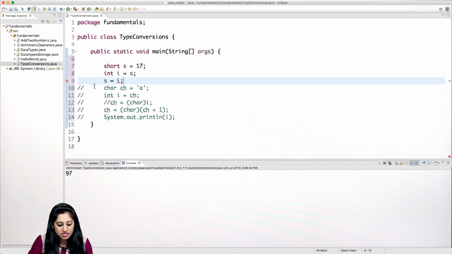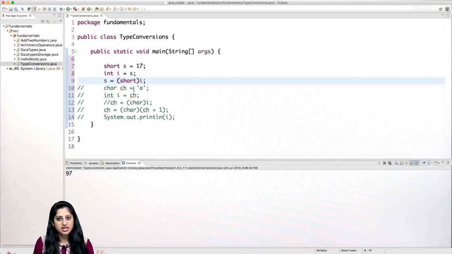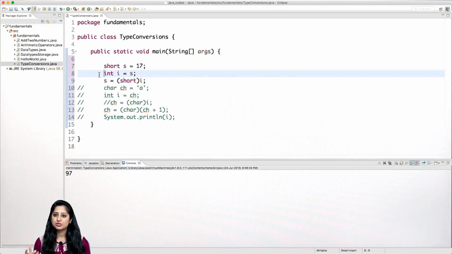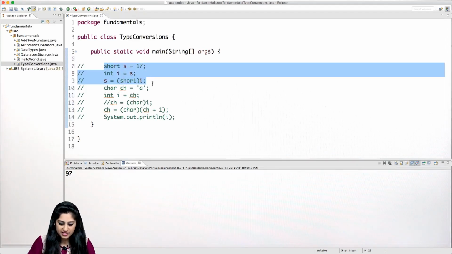If you really want to do this, again, explicit conversion is an option for you. If you really want to convert it into a short, you can definitely write something like this, and the system will say, okay, this is what you want, I'll do that, right? So this implicit and explicit conversion thing, I hope this makes sense. Another possible case is